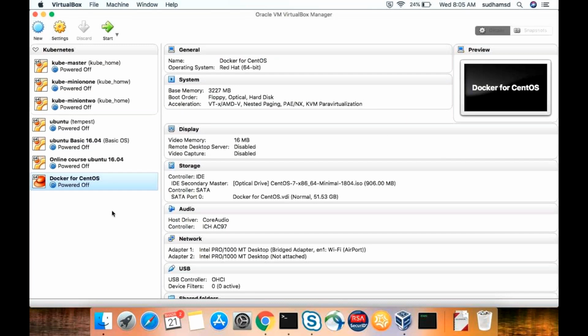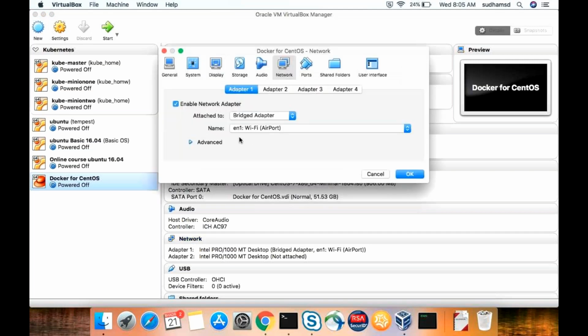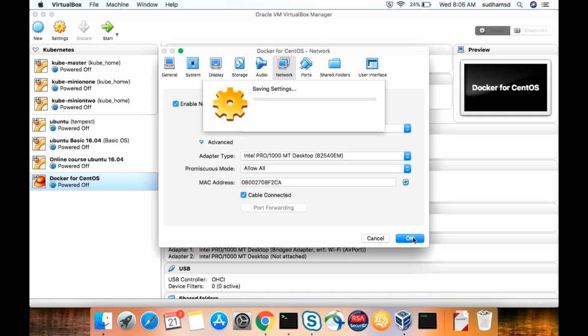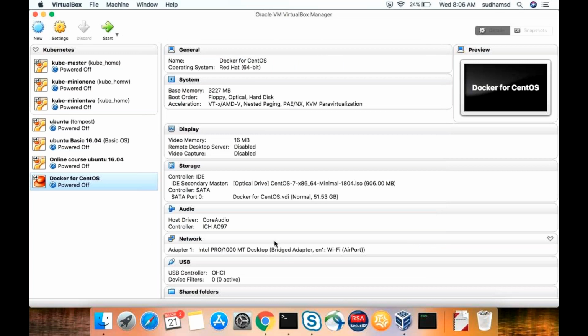So whenever we restart this VM, doesn't it get a static IP, right? I didn't get you. So it's a static IP, right? I'm trying to give it. See, as of now, this is the setting which I gave. The second adapter I had disabled, and the first adapter I'm giving only bridge. Click on OK. Now we can see I have only one adapter. So let's see what we need to do, then you'll understand.